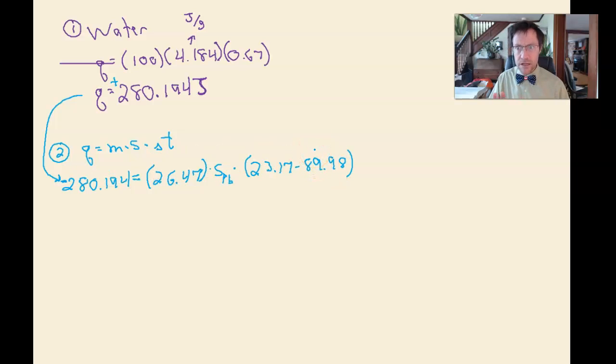It's semantics, but it helps to pay attention to those things. So the specific heat for lead is going to be equal to negative 280.194 divided by 26.47 times